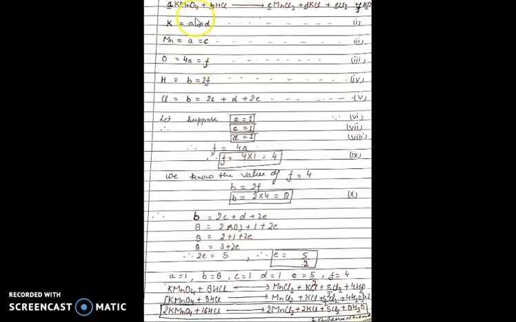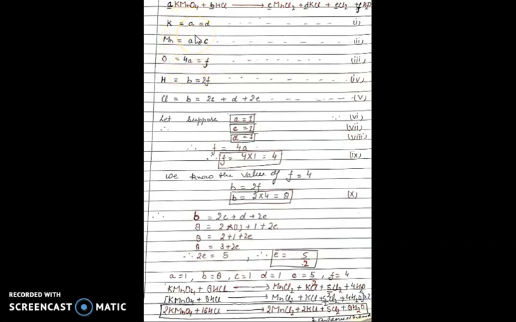Let's just start our formation of algebraic equations. After that, we will see which letter coefficient is common along with every element. So along with K, A is present, along with Mn, A is present, and along with O also A is present. Along with H, B is present, along with Cl, B is present.